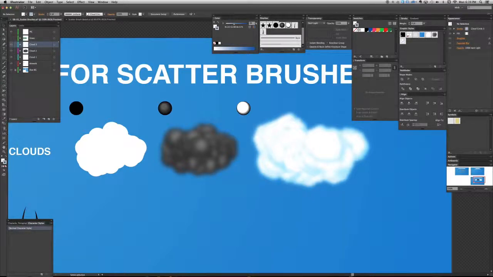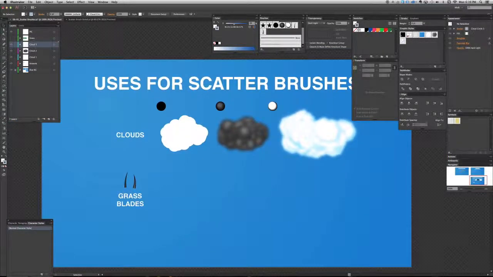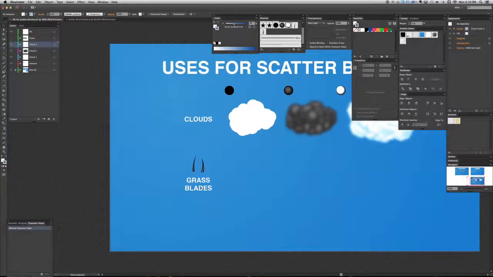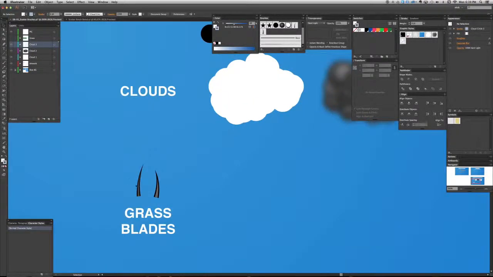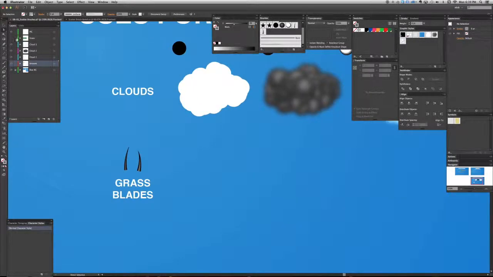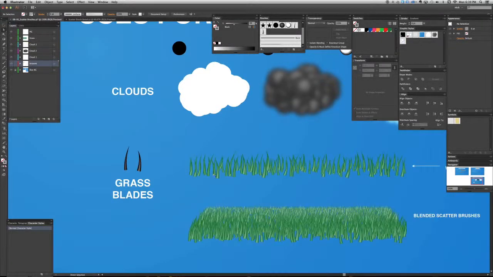Another example that I mentioned in my previous video was grass. You can make grass pretty easily. If you're making short-cut grass that's maybe 2 or 3 inches tall, you can just make 1 or 2 grass blades. I like to make one facing and bending this way and one basically facing the other way with a tiny bit of variation in weight, and drop those in as scatter brushes, and then you can pretty quickly generate